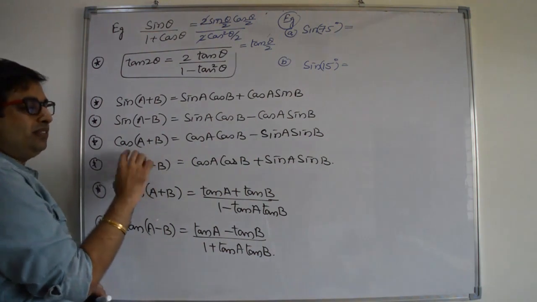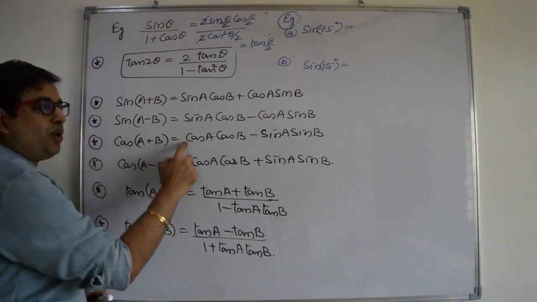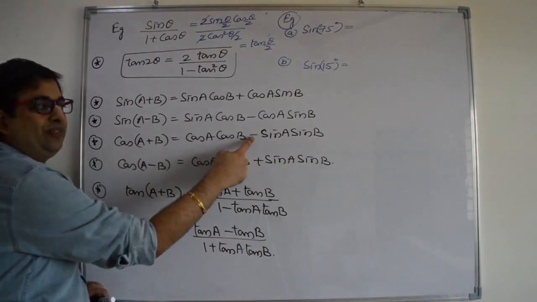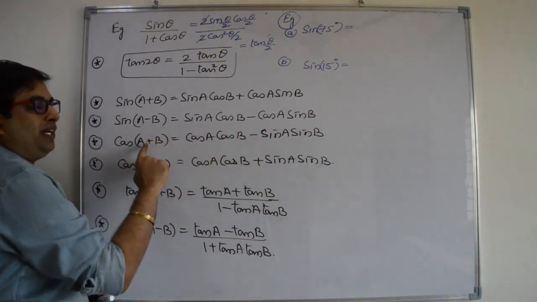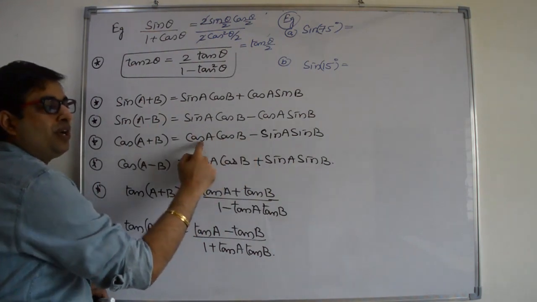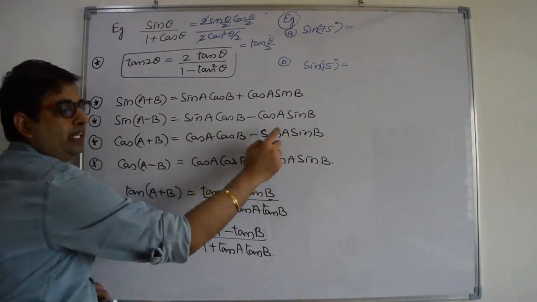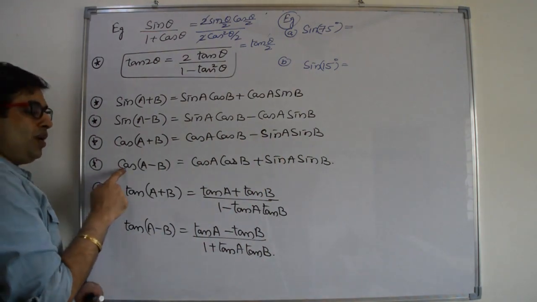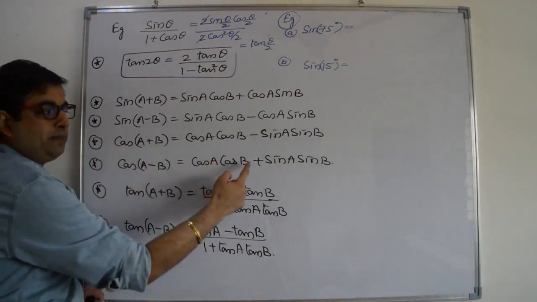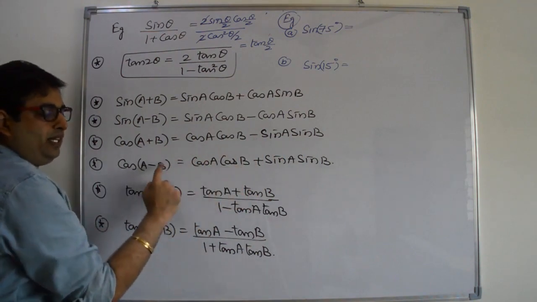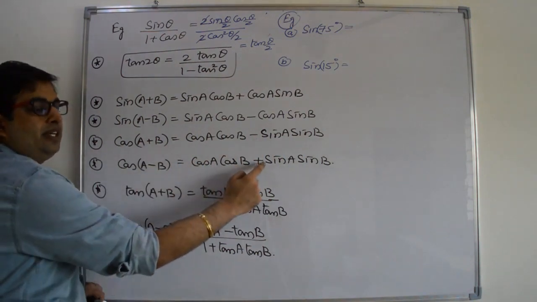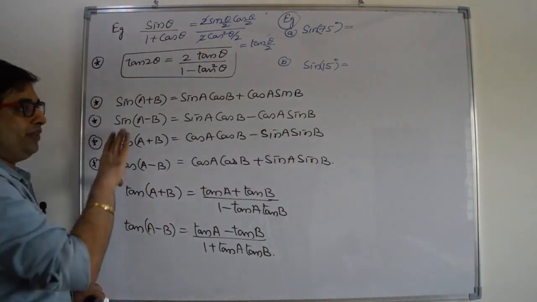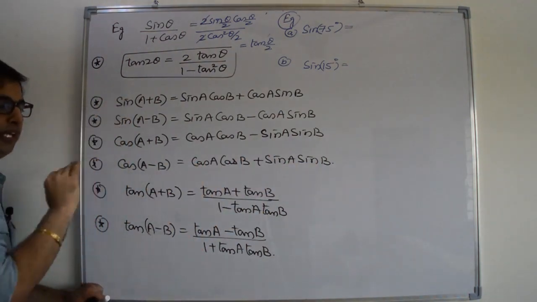The cos(A+B) formula is slightly different. It is cos A cos B, and here we have plus but we will get negative. So the cos formula with plus will give us negative: cos A cos B − sin A sin B. Cos cos and sin sin come together. Cos(A−B) changes plus: cos A cos B, here we have minus, in result we will have positive, sin A sin B. Right? You have to remember these four formulas.